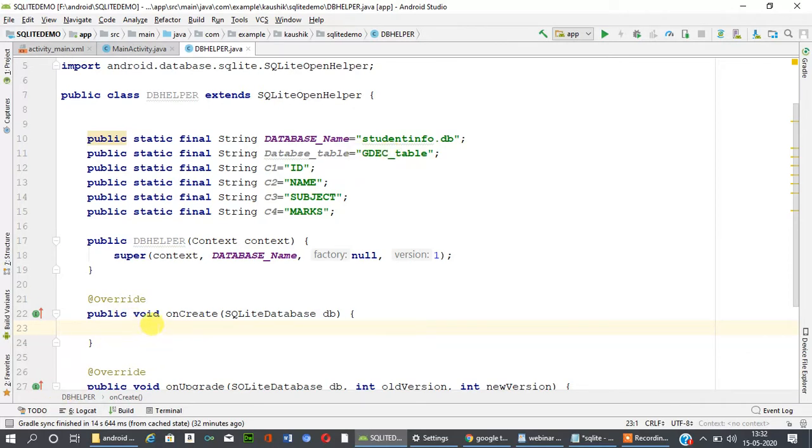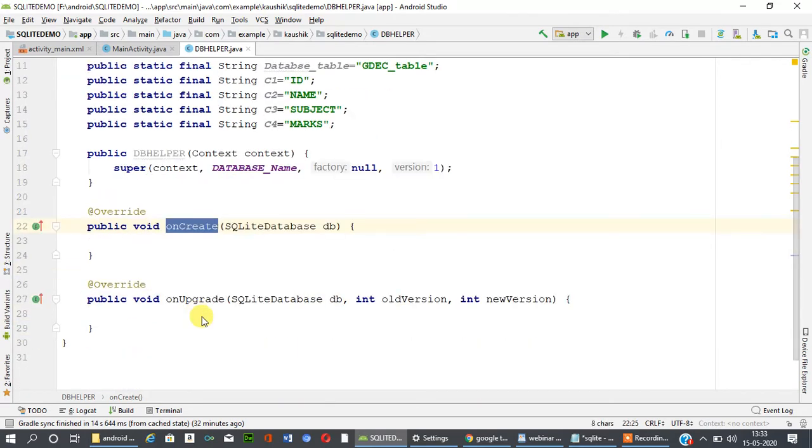Now to create a table, there is a method onCreate. Here we have two methods, onCreate and onUpgrade.